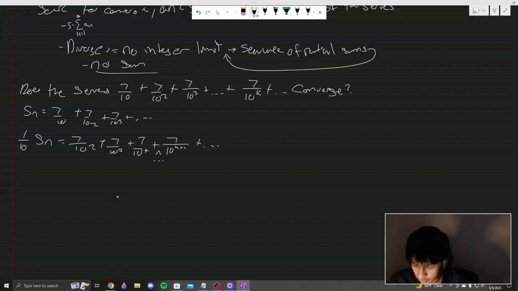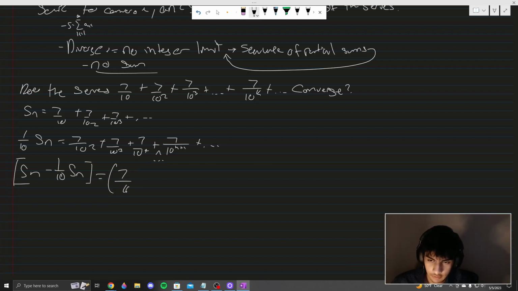You multiply through and then you subtract this form from S of n, right? So if I have S sub n minus 1/10 S sub n, what do we get? I'll write it all out, even though I really do not want to. 7/10 plus 7/10 squared plus 7/10 cubed plus 7/10 to the n plus